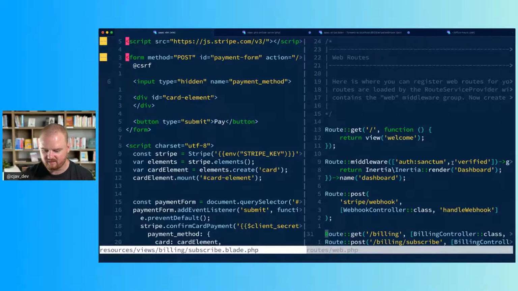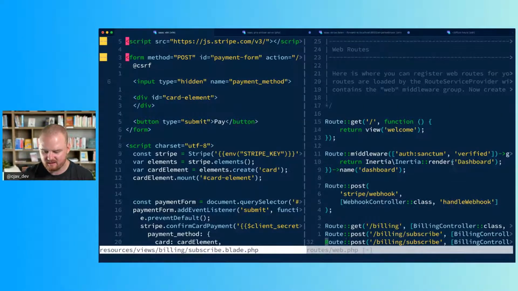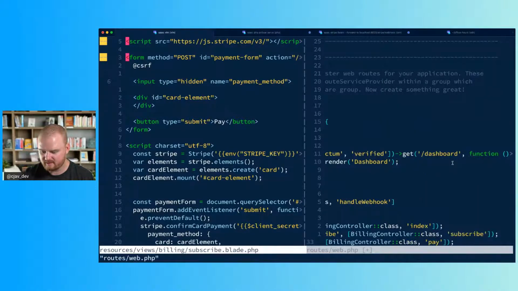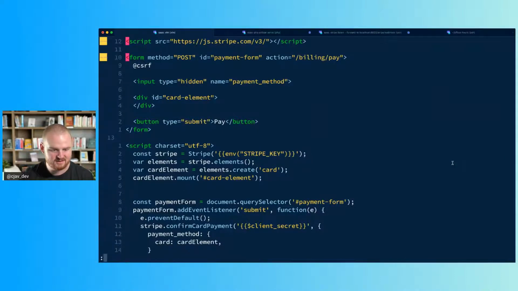All right, the tea is finally cool enough that I can actually drink it. Okay, so